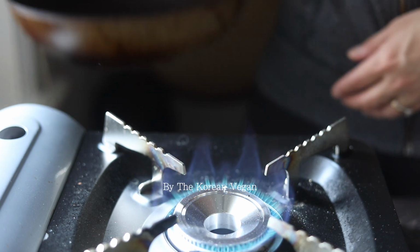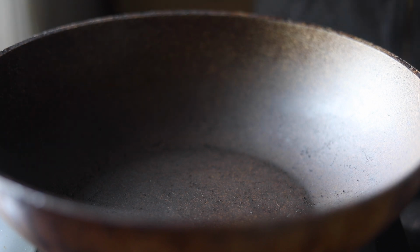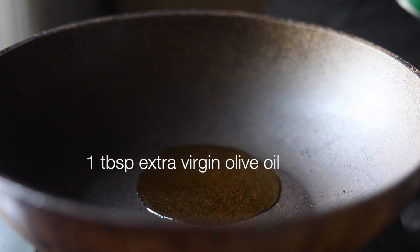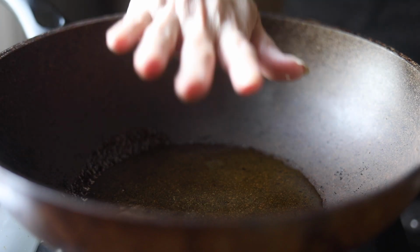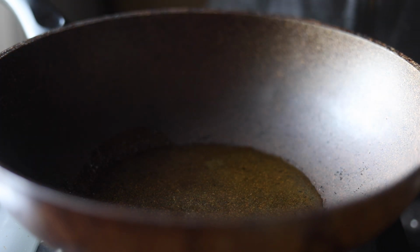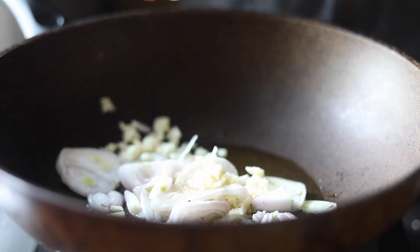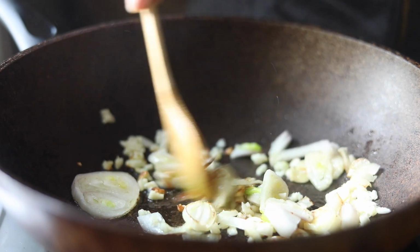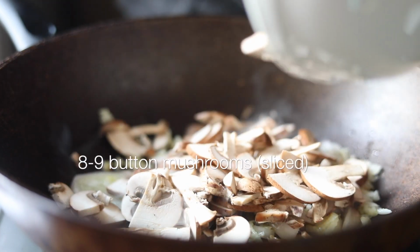Wanted to show you guys how to make a very quick pasta dish, a simple one, which I call vegan goddess pasta. You start with 1 tablespoon of extra virgin olive oil, and over medium-high heat, I'm going to wait for it to get nice and hot before I finally add a shallot and 6 cloves of garlic. Yes, you heard me correctly. 6 cloves of garlic. Waiting for it to get nice and toasted brown before I add about 8 to 9